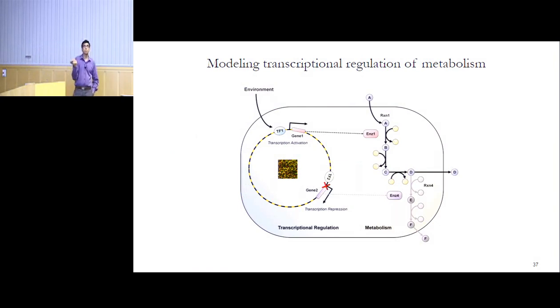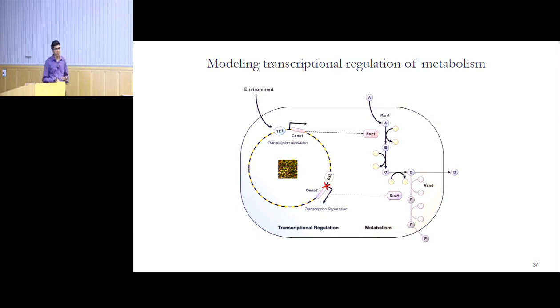Most of you would have learned in basic molecular biology about the lac promoter. The lac promoter basically senses the presence of lactose in the environment, and it then turns on genes required for lactose metabolism and transport. Even in a bacterium like E. coli, not all the thousands of reactions encoded in the genome are active at any given point of time. Most of them are turned on or off depending on the environmental conditions by transcription factors and signaling molecules. So, we want to model this mechanistic regulation of metabolic pathways.